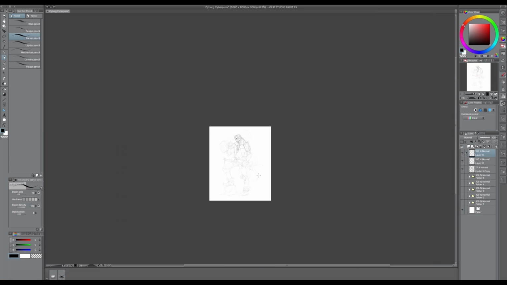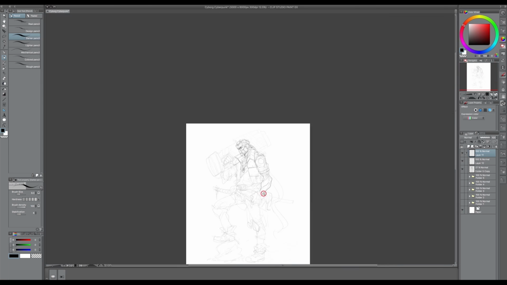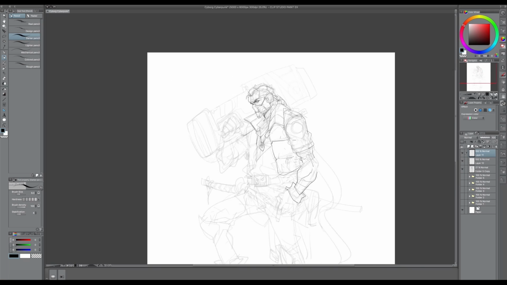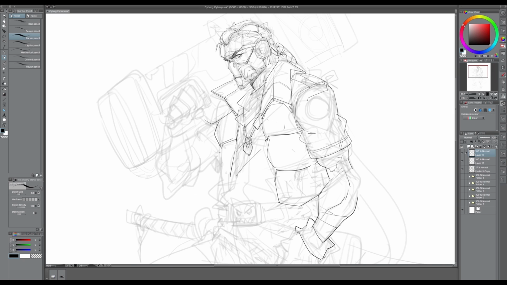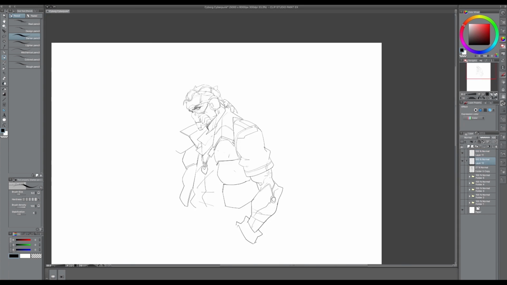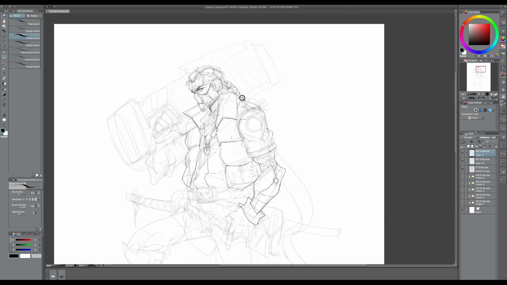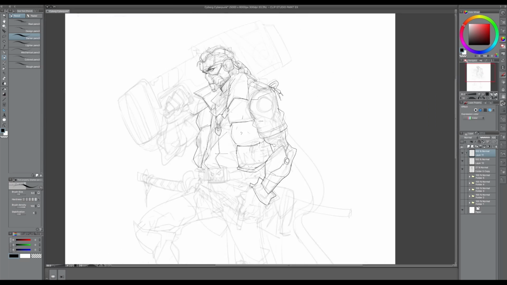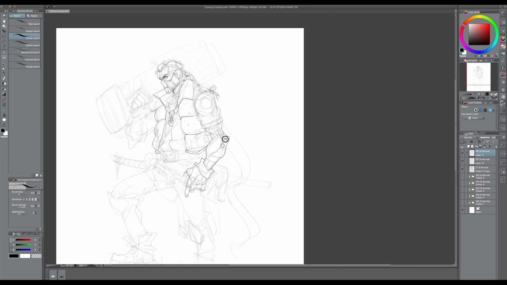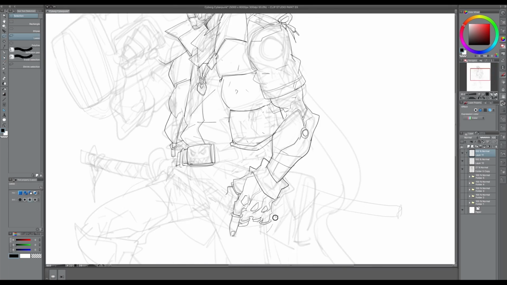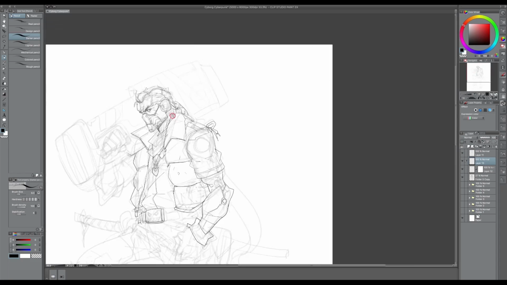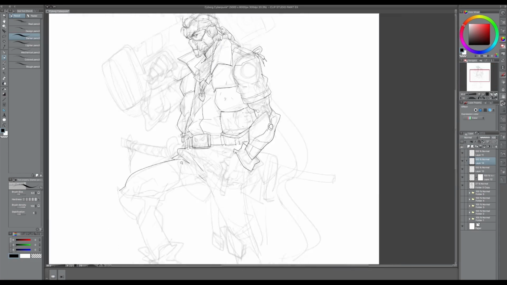I create a new layer first, and I start tracing my rough sketch, but at the same time, as you can see here, some of the elements are new to the character, because you can't incorporate all the elements during the rough sketch, but during the line art you can add more elements and try to figure out all the details that you want to have. And it's a crucial part to do,